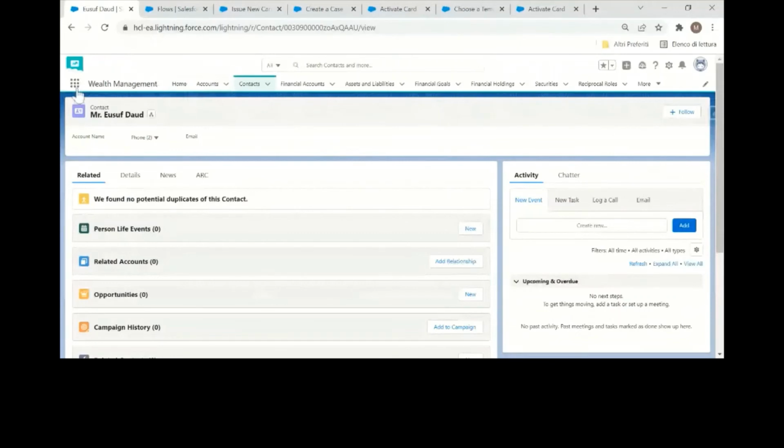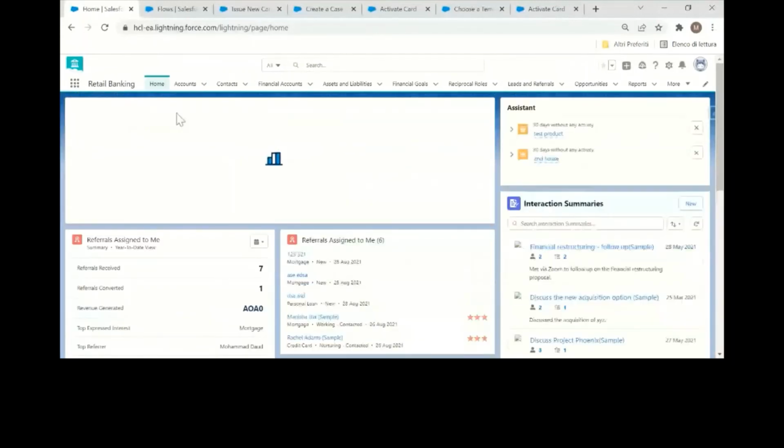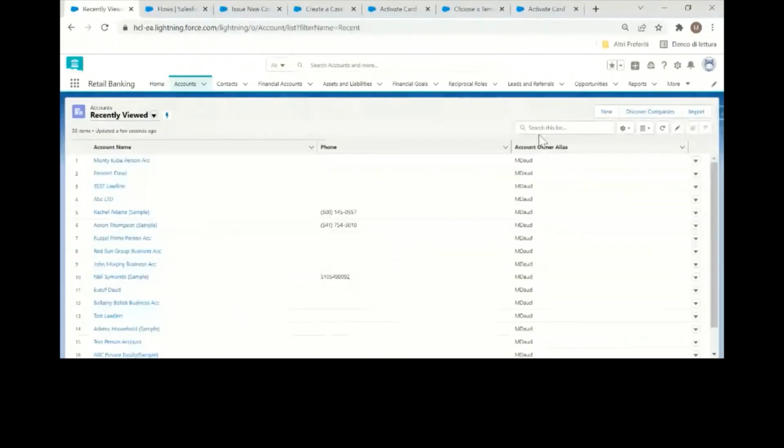and here are the modules. It comes with built-in apps for different financial industries. Earlier I was in wealth management. Now I just changed to retail banking. And the interesting part here was, so this is